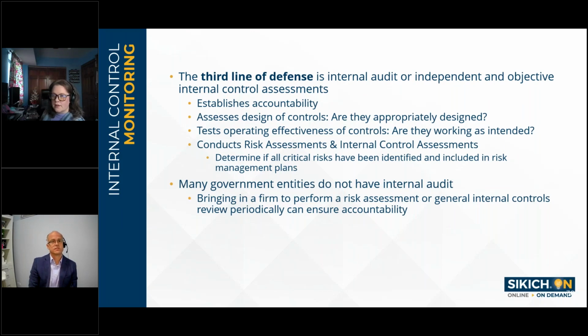This is your third line. So for most private, government, and smaller organizations, we find this to be the most neglected line of defense. The third line of defense is independent assurance, and it establishes accountability within the organization. It is important that individuals know someone will be looking to ensure that things are done appropriately. It surely doesn't hurt that people are aware that people will be looking.